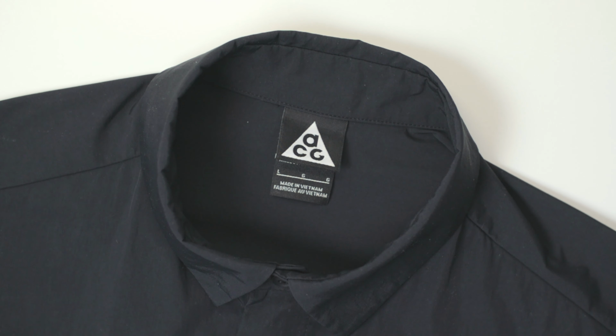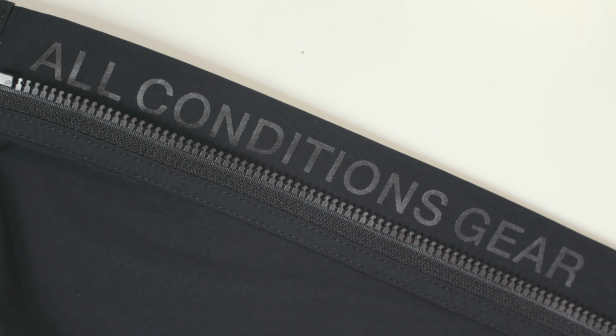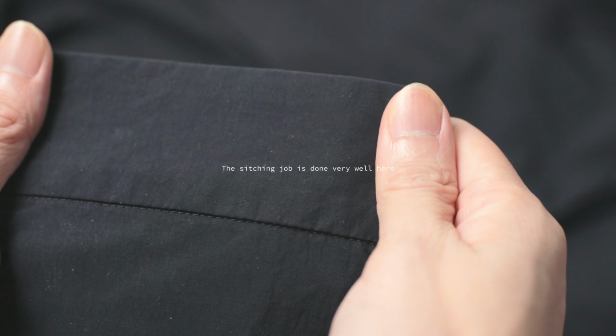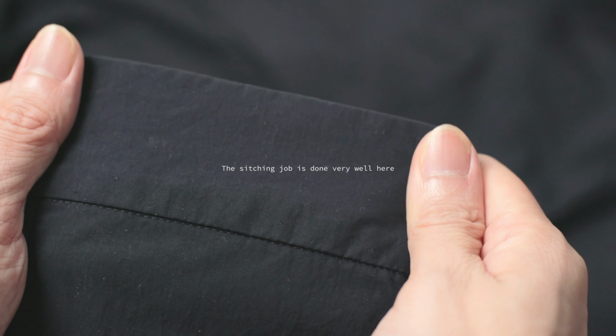With such a piece, the fit and overall construction is very important because there isn't anything to cover up or draw the attention of the eyes towards. Therefore, any imperfection will be pretty obvious, and safe to say everything is pretty much perfect here, from the stitch lines to craftsmanship. It is constructed using 100% nylon,